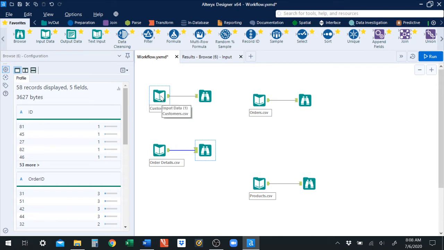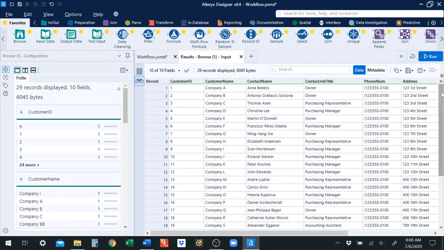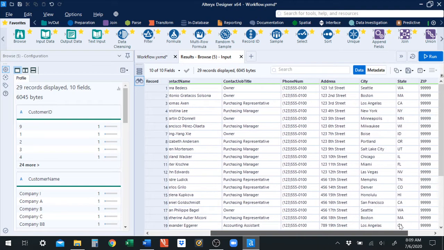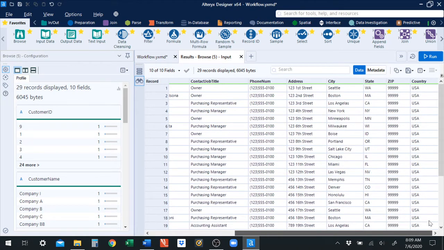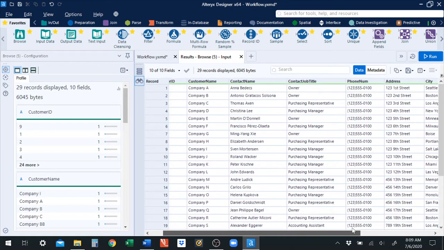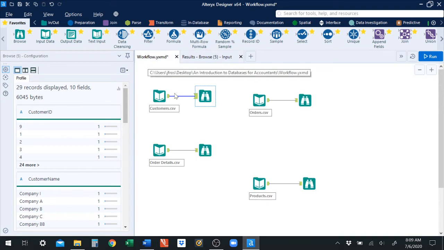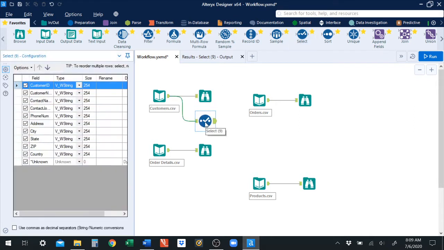So in our customers data set, if we browse this, we just have our customer ID. Now that should be a numeric variable. All these other variables should be a string variable, with the exception of, it looks like, zip code. Although we're not going to use zip code later on, we can convert that to the proper data type. So what we can do here is we can attach a select tool,